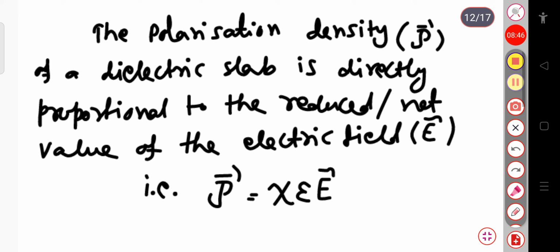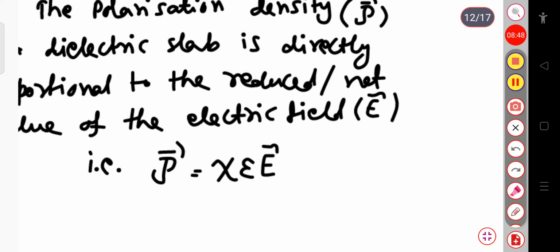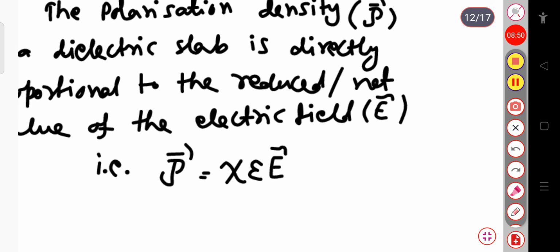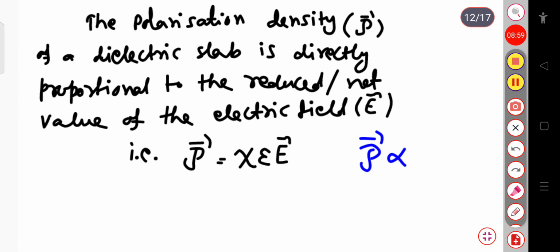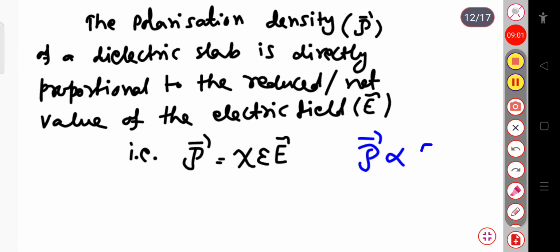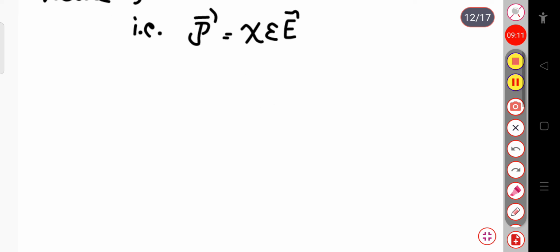Since this polarization density P is directly proportional to the reduced net electric field E, we can write P equals chi epsilon E, where chi is the constant of proportionality, or the proportionality constant,